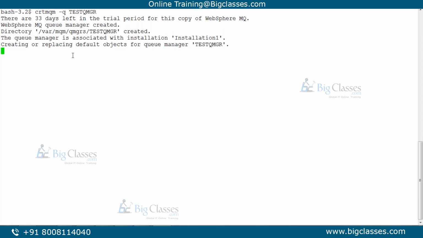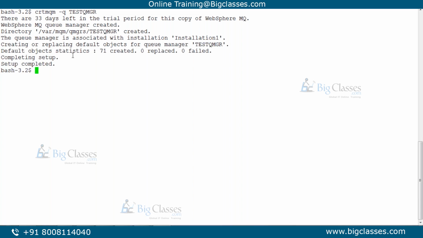Now this queue manager becomes the default queue manager for the host. So one queue manager per host, we configure it as default. Why? Because there is no need to hard code the queue manager name in the program. If there is no queue manager name in the program, that program by default connects to the default queue manager on the host.